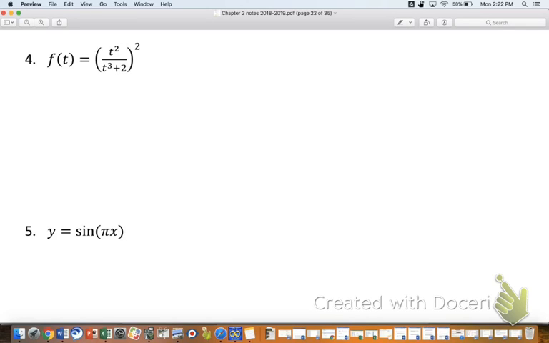So let's do number 4. Once again, the instructions are to differentiate. And this is going to be one of our first combination rules, okay? So I want you to think about this ahead of time. Let's identify the inside and the outside like we've been doing. It's clearly composite. What would you guys say is the inside function? t squared over t cubed plus 2. And very importantly, that whole thing is